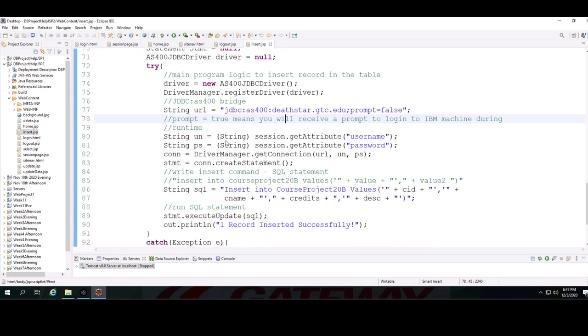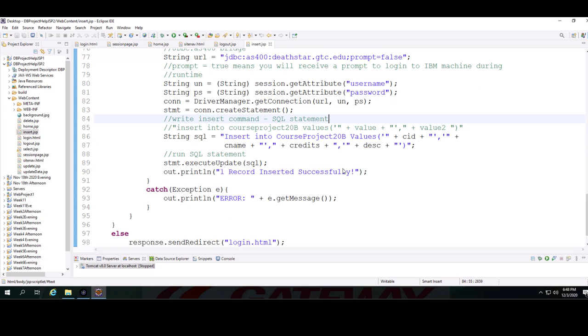Now that you grab this information of username and password, you combine them with the URL for the JDBC AS400, which will help you talk to the database. This is the name of my server to which I'm talking to, deathstar.gtc.edu. So whatever is the name of your server, you put it there. Anyway, so this will help me establish the connection to my server, and this will help me create my statement